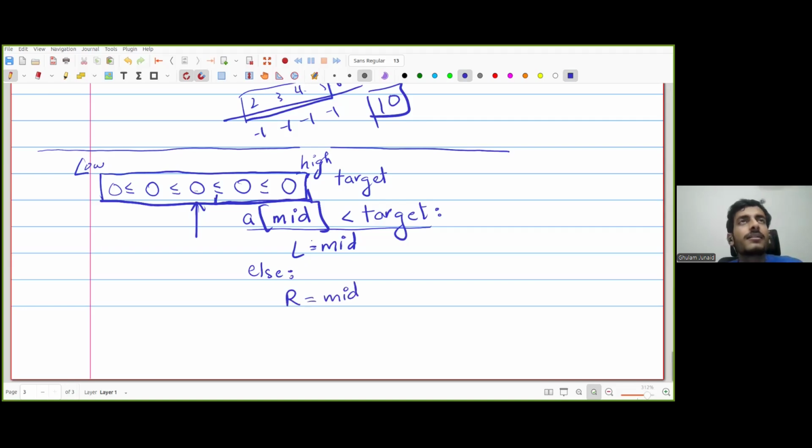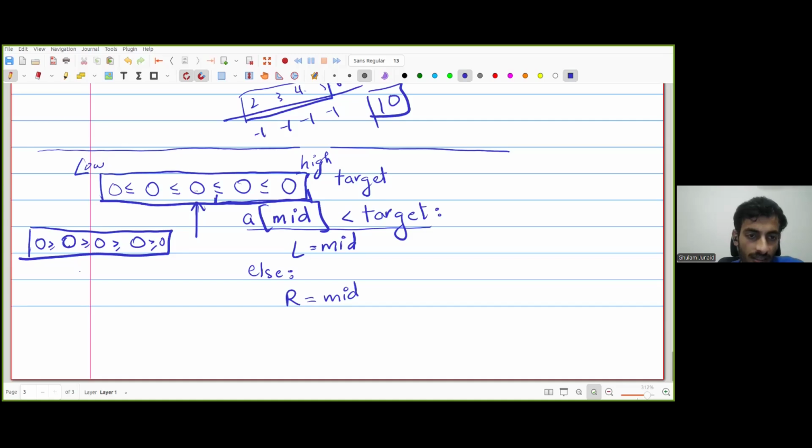Now I say that we can actually do this for the reverse array as well, right? If the array is reversed and it is in the descending order, then you can do the same thing, but maybe you will have some other conditions, right? Actually, you can do the same thing. You can just say